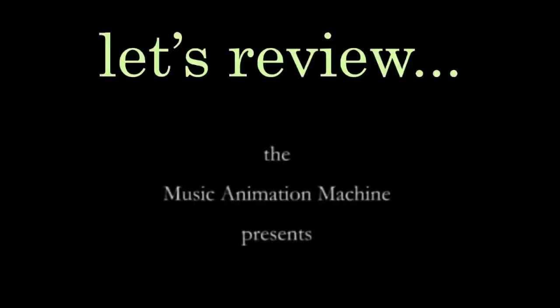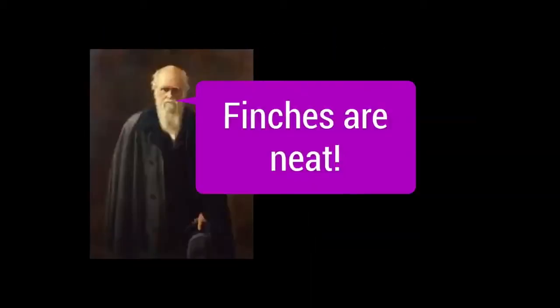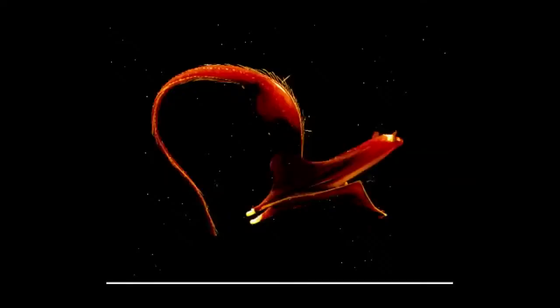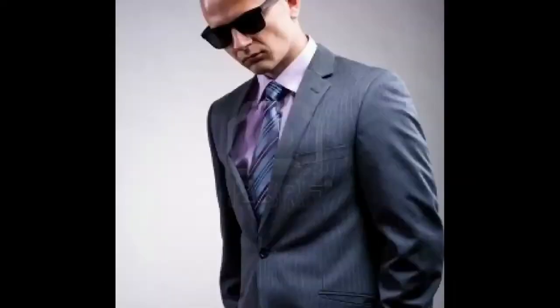Do you ever wonder where all the variety of life on Earth comes from? Before we begin, let's do a quick review of evolution. Evolution began when a man named Darwin came up with the idea of natural selection. Natural selection is the idea that some animals survive better than other animals because they are better suited for their